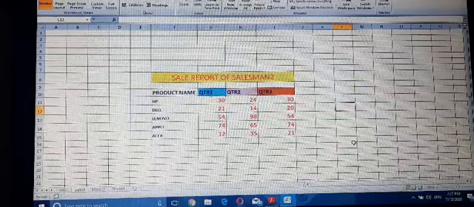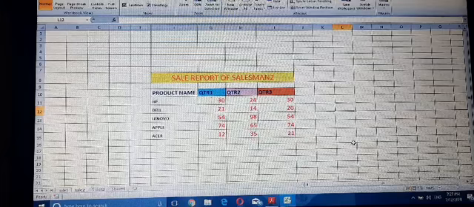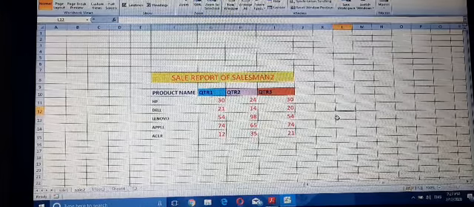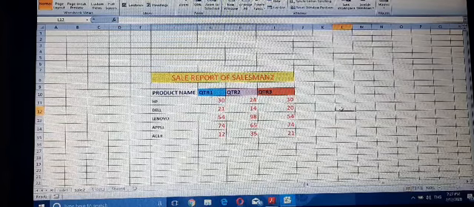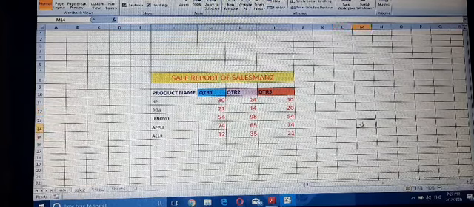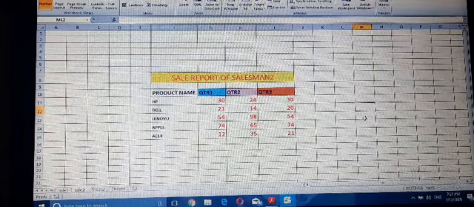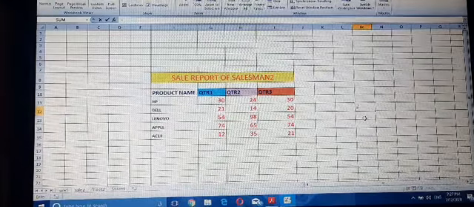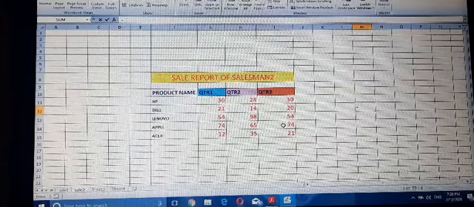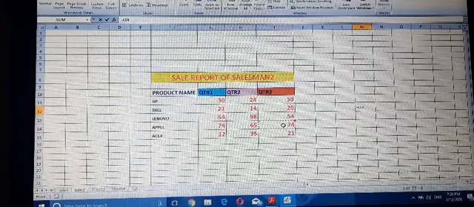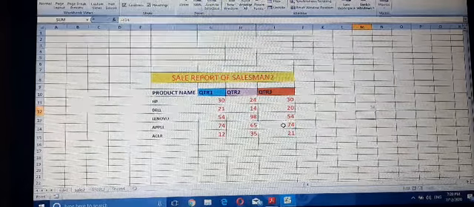Next topic is linking cells. We can link one cell to another in 2 ways: first using the mouse, and second using the keyboard. So first, using the mouse, select the destination cell, then enter the equal to sign. Then click on the cell to which you want to link, I14, then press the enter key.